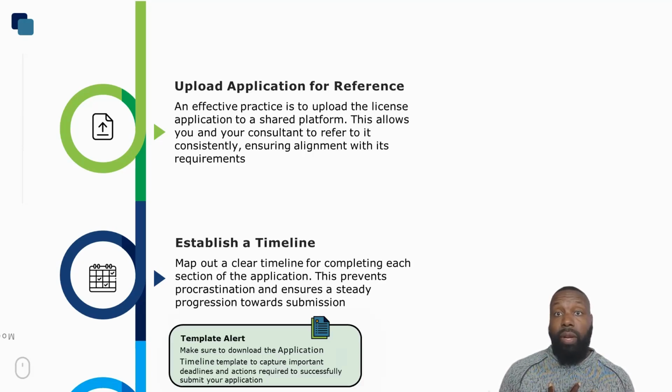If you want me to see your document or see what you're doing in real time, you could just tell me, "Hey, Kwame, I'm going to add you to my application on Google Docs," or I use another platform called HoneyBook. I'll leave the link to that as well. You can upload your document, and you can literally invite me to look at it as you're working on it. So I can log in and say, "Oh no, like you're not